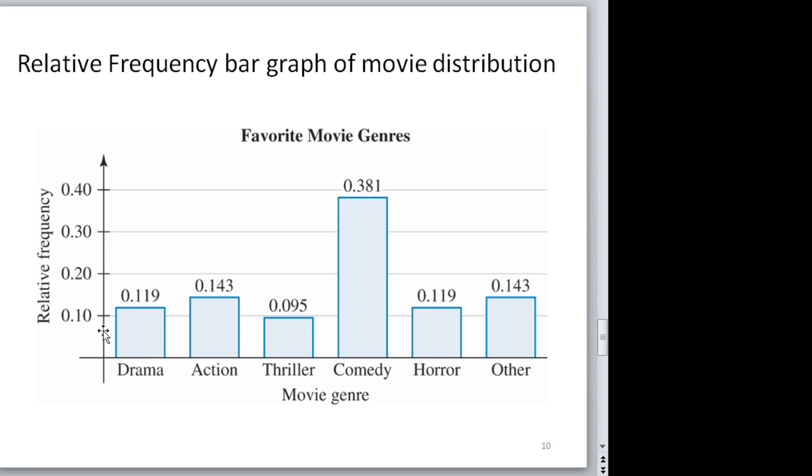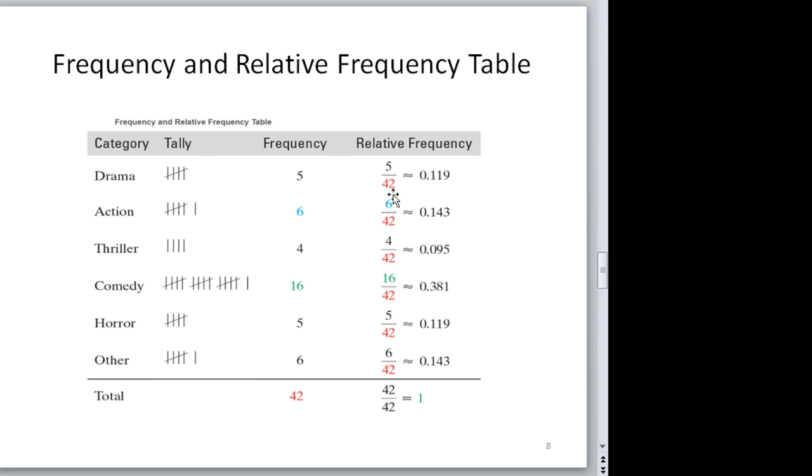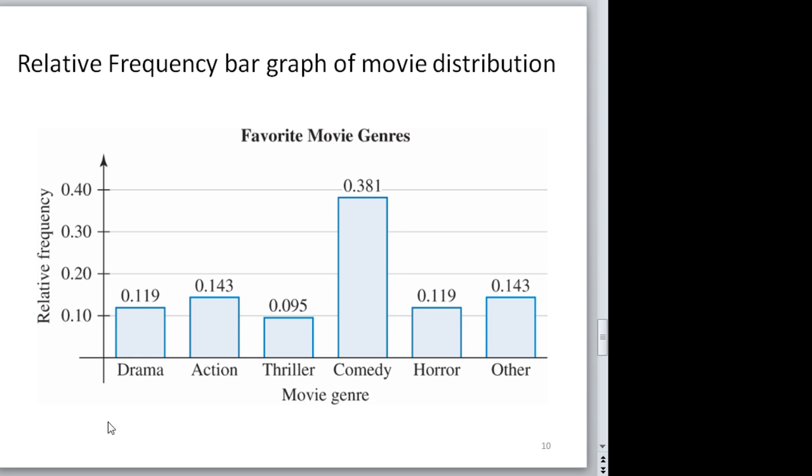Then drama was 11.9, comedy is 0.381, right? A little less than 40%, right? So this table you can also get from this table, matching the category with the relative frequency column, right? That's this table. So not only do you see which one's highest and the general trend and everything, you know, in proportion, right? 38% liked comedy and 11.9% liked the horror movie and stuff, right? Okay, now